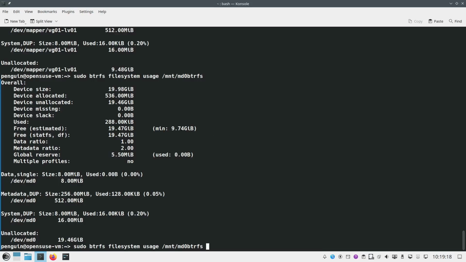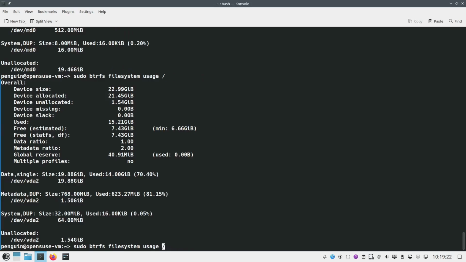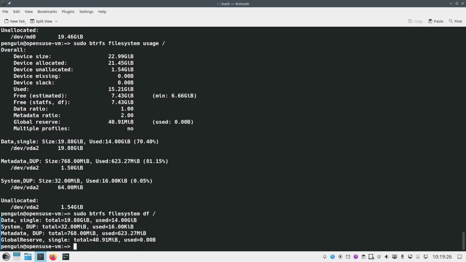Also, you can check it against the root. Okay, and instead of usage, I can use df. It's the same. I didn't mean the same output, but the same concept. And to get more information about the usage of your Btrfs file system,